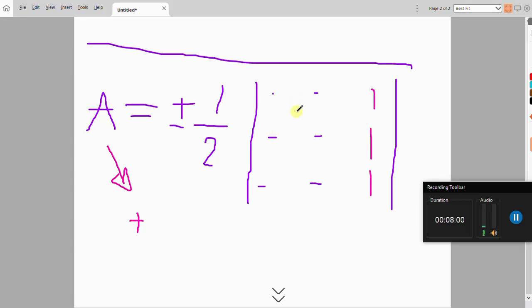So if the determinant is negative, I'll multiply it by this negative to be positive at the end,